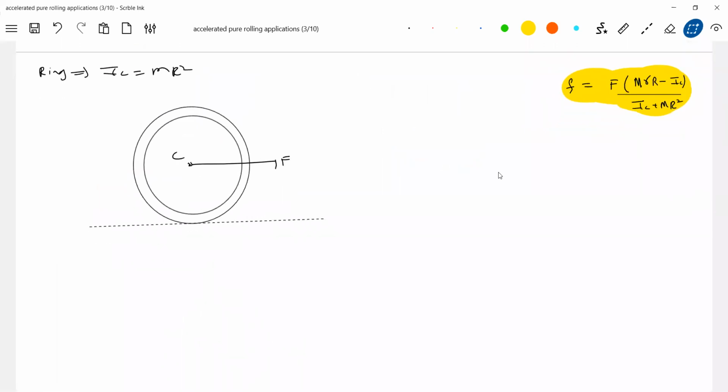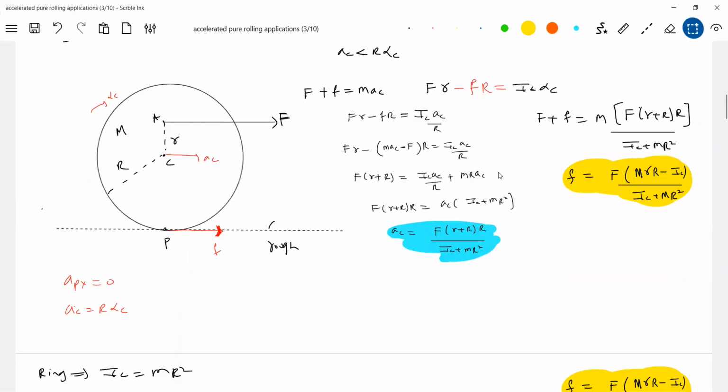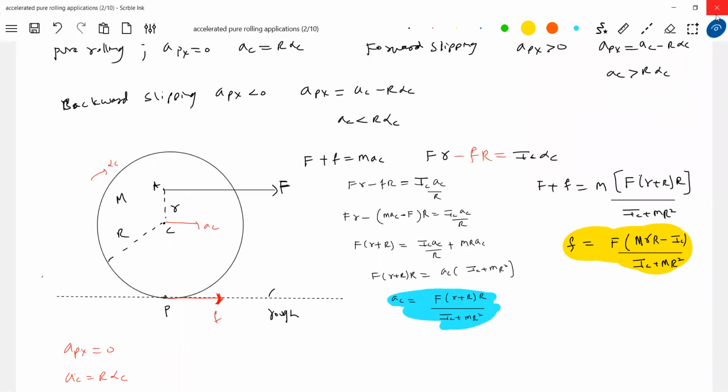What is small r? It is the distance at which the force is acting above the center of mass. It is measured from the center of mass. If you measure distance above the center of mass, it should be taken positive. If you measure the distance below the center of mass, you should take negative. So what is the conclusion? One more thing I'll introduce: this is r equal to 0. Upward positive, downward will be negative. Fine. That is the convention I'm taking here. If I took this as positive, then anything I measure below the center of mass should be taken negative.